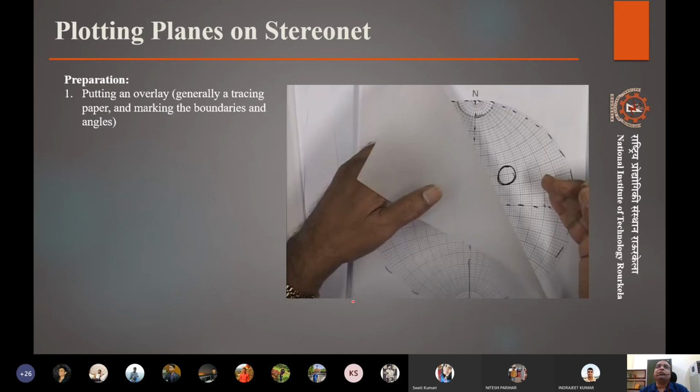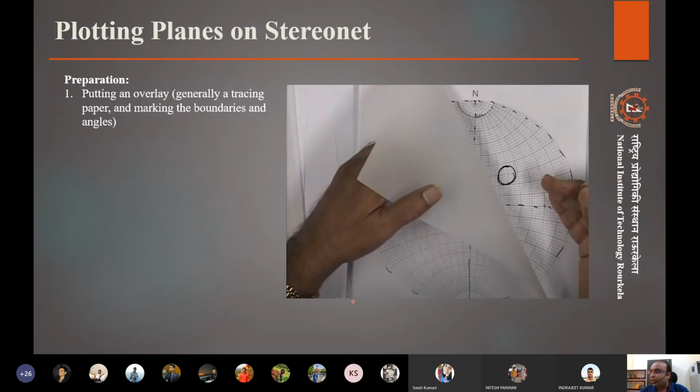The main thing that we want to understand is what this data represents. If a stereo net or a stereographic projection is presented in front of you, you have to understand, okay, this is the data that it is representing. If an arc is there or a point is there, what kind of data it says, and so on. Still, how to draw the stereo net and how to represent those, I would suggest some videos that you all can watch, and we'll also discuss that later on.